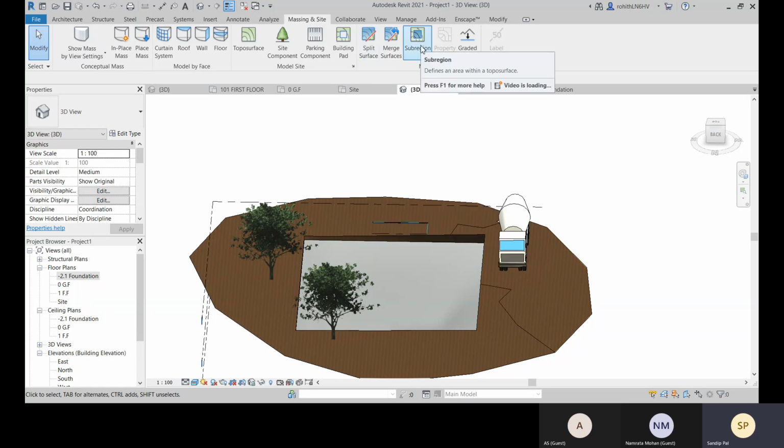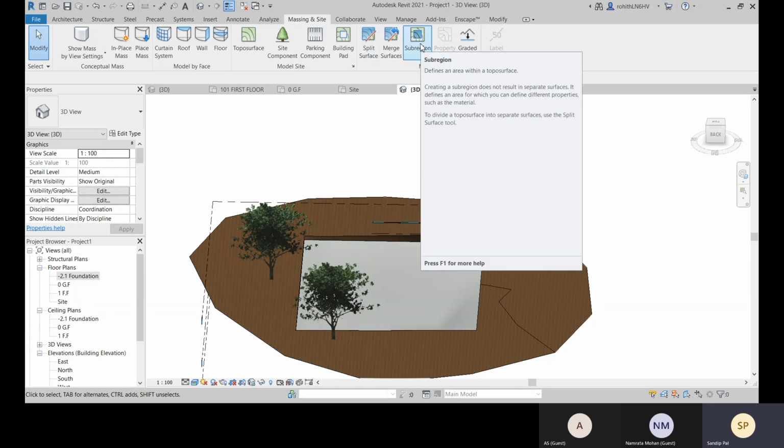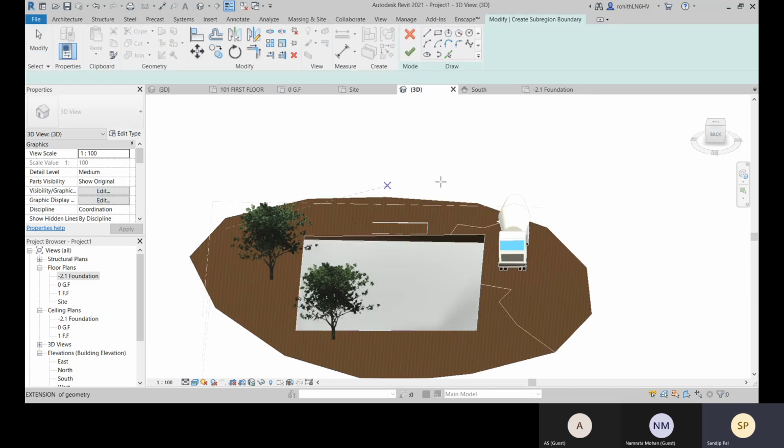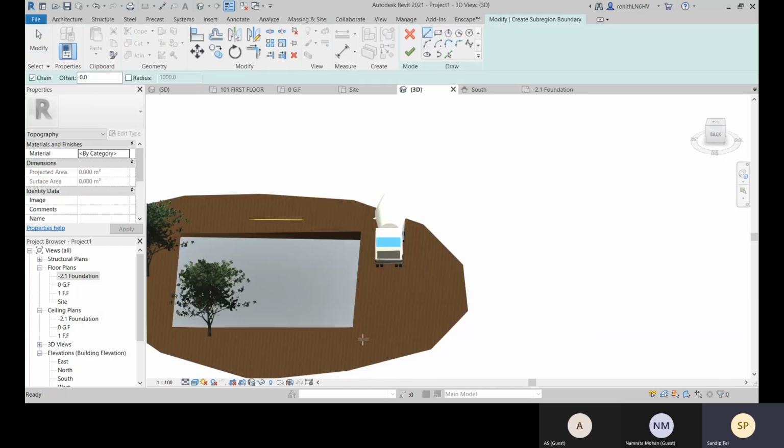Okay, and also you can define what I can say is the sub region. So you can create one sub region like this.